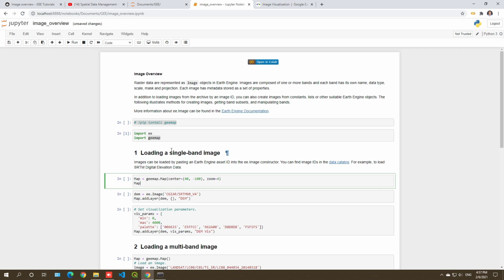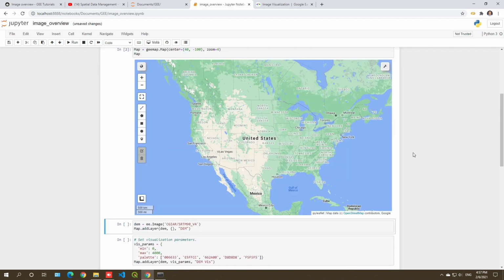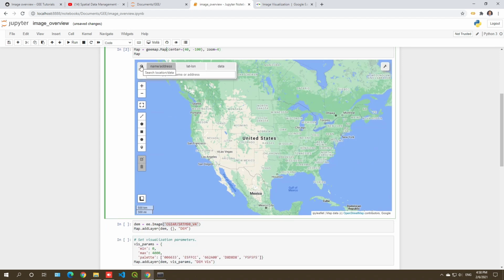But first of all, I'm just going to create an interactive map, right? So if you already know the ID, you can just directly reference the ID. But in this case, if you just get started with Earth Engine and you don't know where to find data, you can simply create the interactive map and then click the icon in the upper left corner, click data. From here you can search all kinds of datasets, for example Landsat, Sentinel, land